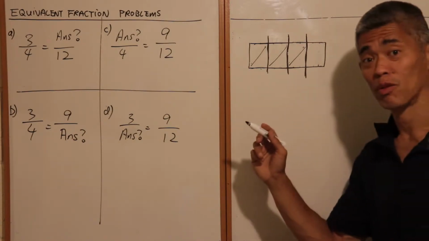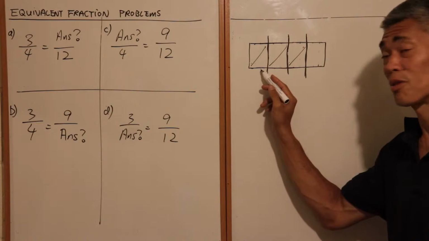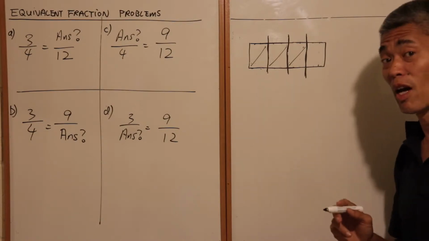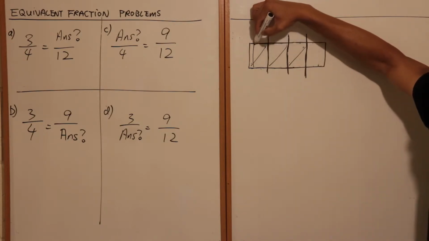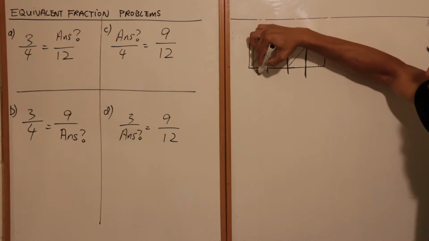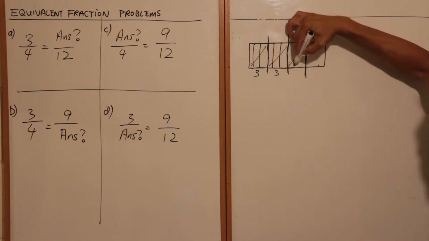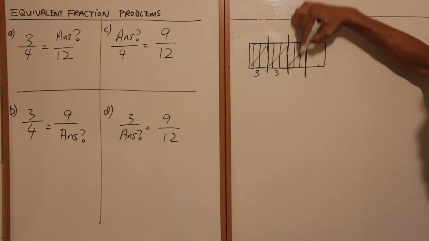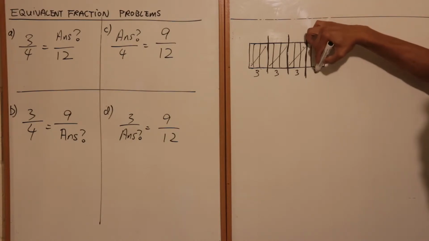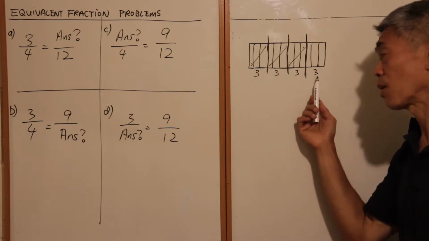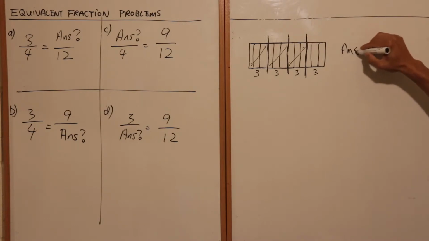Now, if you are familiar with your times tables, you would know that if you split each of these parts into 3 smaller parts, you will end up with 12 total parts. That's good. That's 3 here. That's 3 here. That's another 3 here. And finally, another 3 here. So therefore, there are 12 total parts and 9 shaded parts. So your answer is